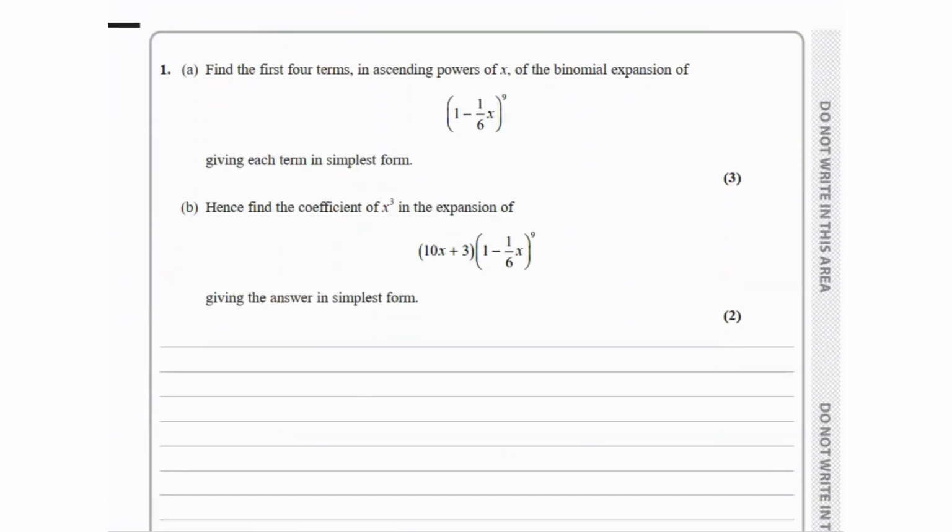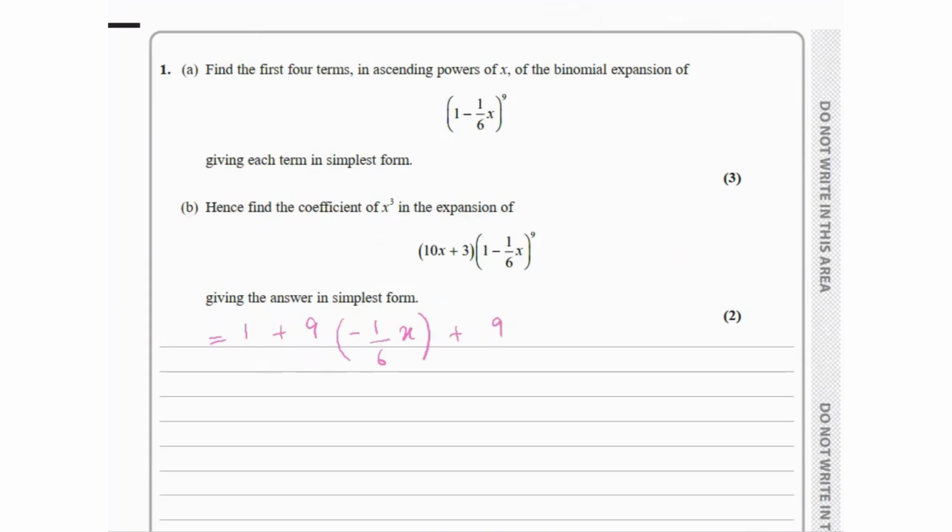So the first question says, find the first 4 terms in ascending powers of x of the binomial expansion of (1 - 1/(6x))^9, giving each term in simplest form. So this is part of binomial expansion. You will expand it as 1 plus 9 times negative 1 over 6x